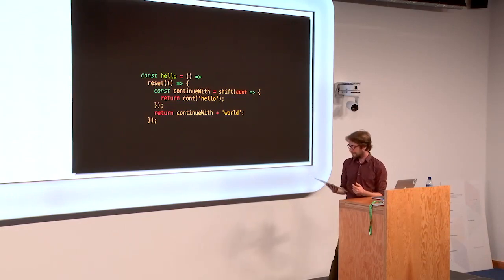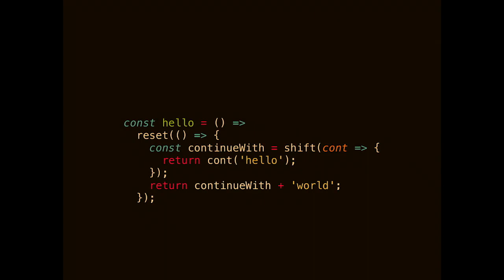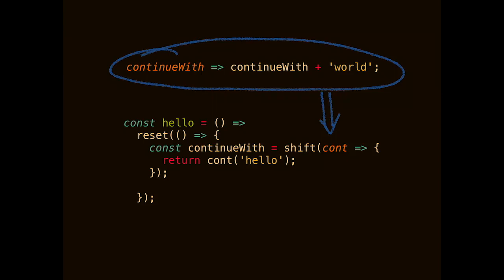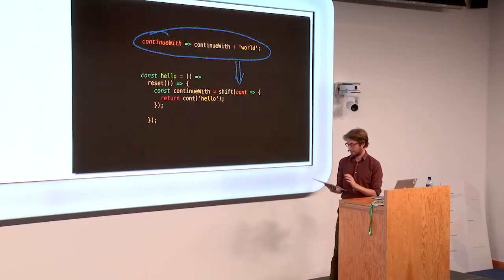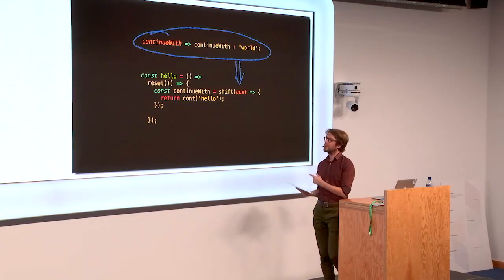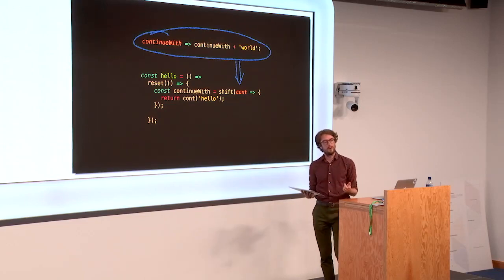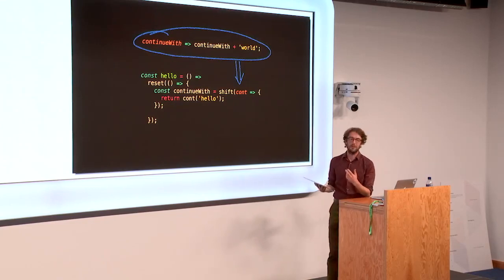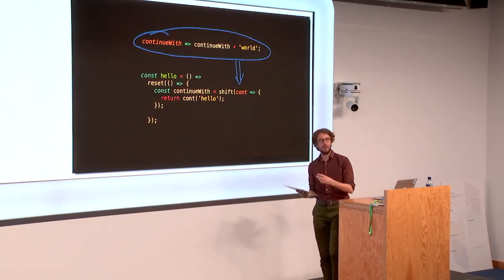When we call shift, a couple of things happen. The first thing is that we clear the current continuation. So that plus world, it's not run. Instead, we take that and we bind it to this cont variable. And we can then manipulate that as we like inside the body of our shift. And we're going to get a result back from it that's returned. Whatever shift returns, because that first continuation was cleared, is what reset returns. I find this kind of mind-bending, but it's called shift because basically it shifts the code that was inside reset into shift.